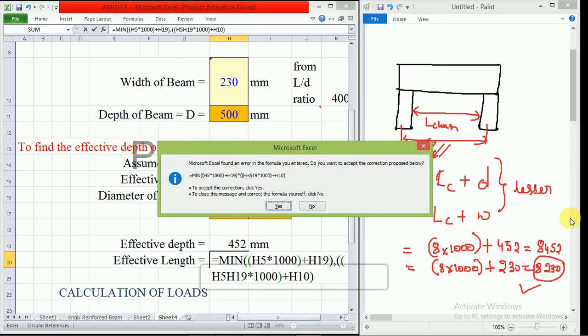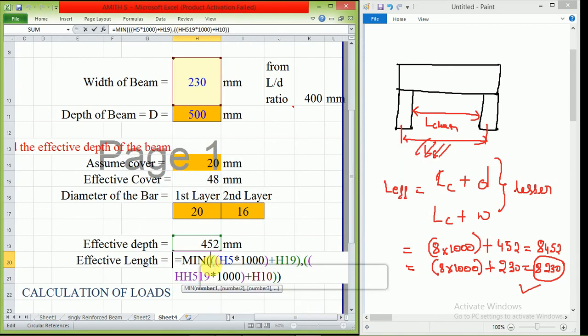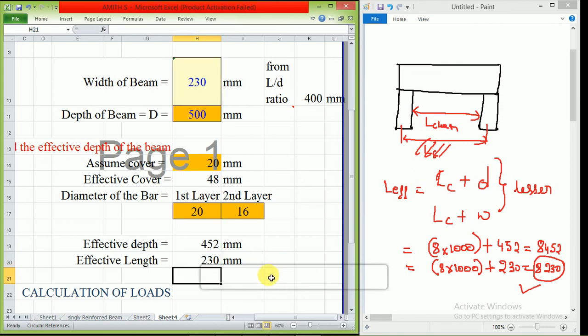I'm giving enter. See, there is a shortage of brackets. If I press yes, it automatically takes. Okay, fine. Here I am adding one more bracket. Everything is the same. I am giving enter. See, I am getting